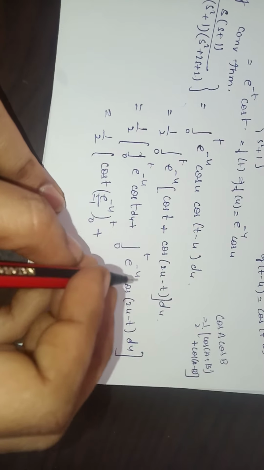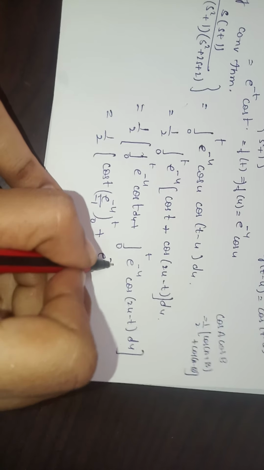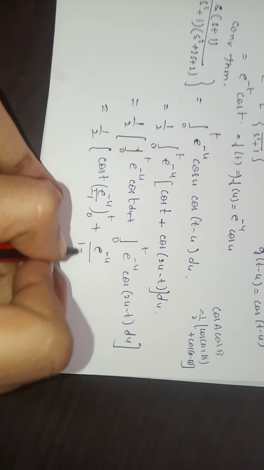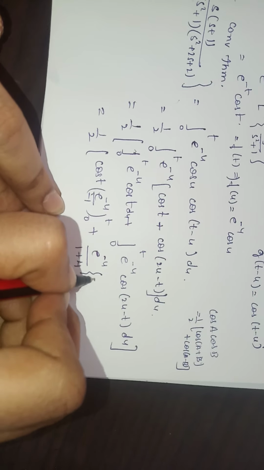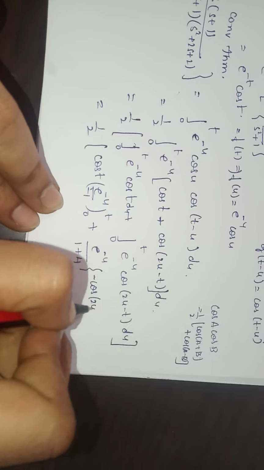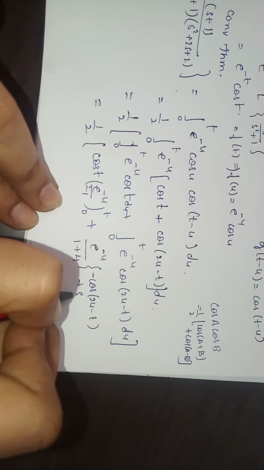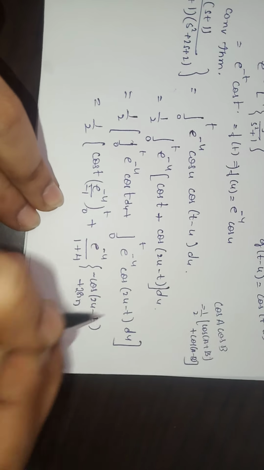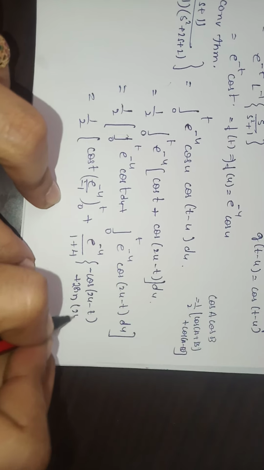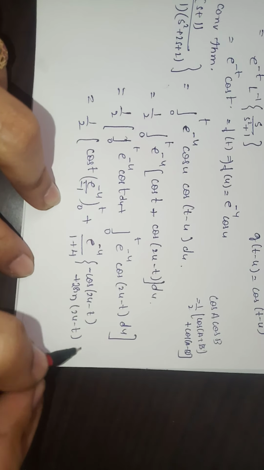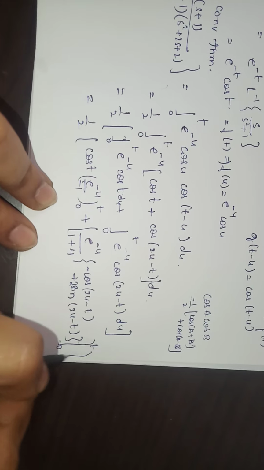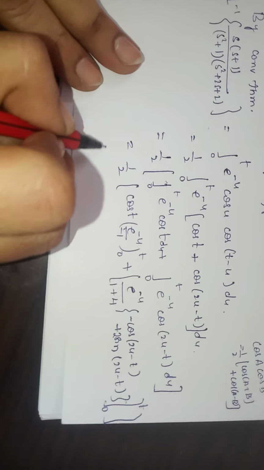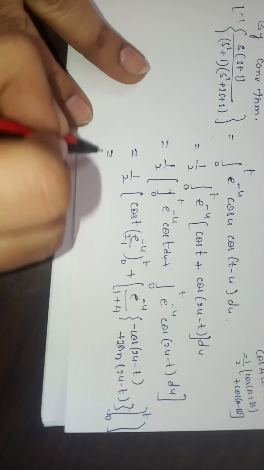So this becomes equal to e to the power minus u by 1 plus 4, that is 5, into minus cos of 2u minus t plus 2 sine of 2u minus t from the limits 0 to t. So when you simplify this, you will get your answer as